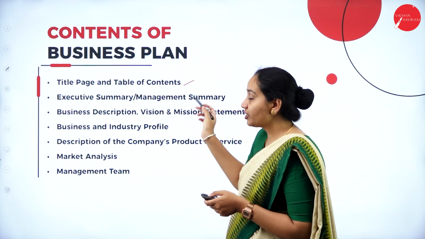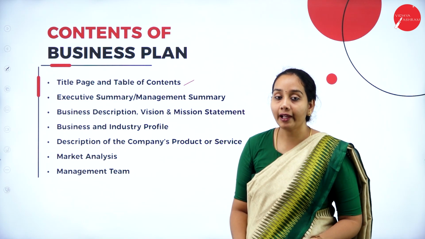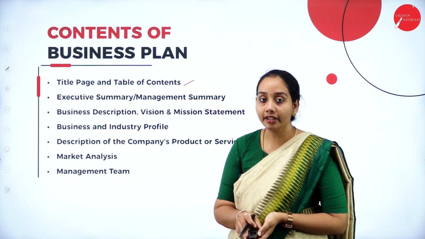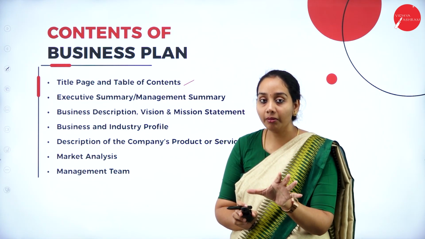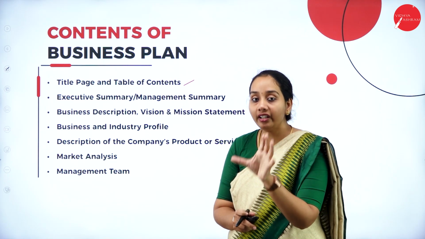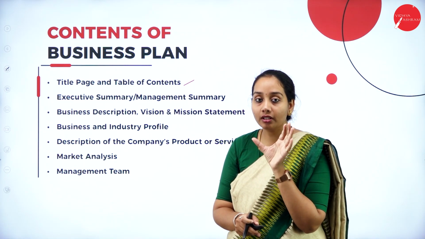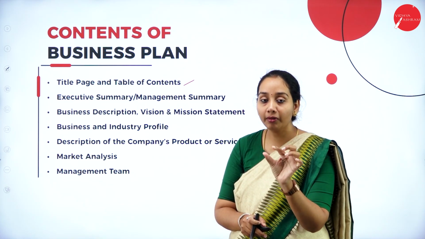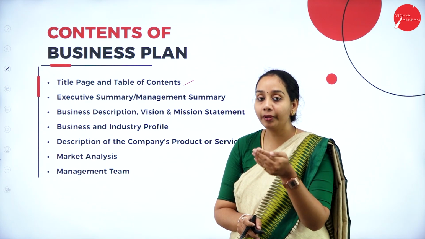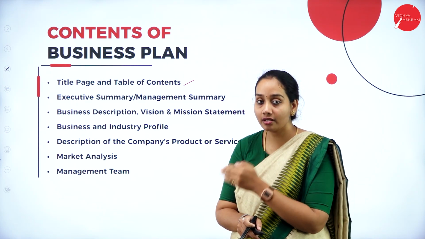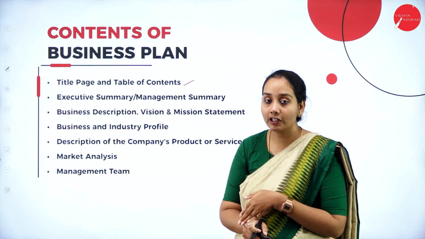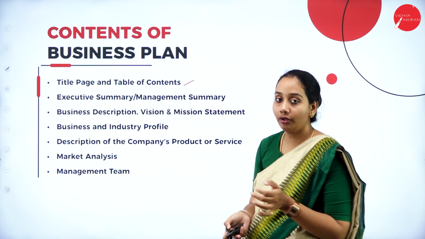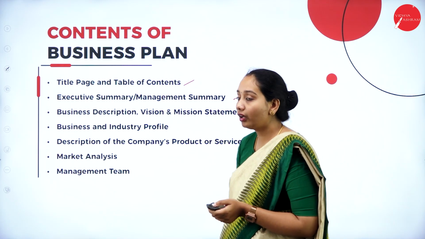So first is the title page and table of contents. In a business plan, the foremost thing is your contents. So what are all the contents that you are going to cover in your plan? It is a document, so it provides you the details of your plan, and the important aspects that you are covering for your business. All these will be there in a proper document. The foremost thing is to prepare a content table regarding the factors that you have considered for preparing this business plan. That is the title page, the name of your business, and the contents that you are going to cover.